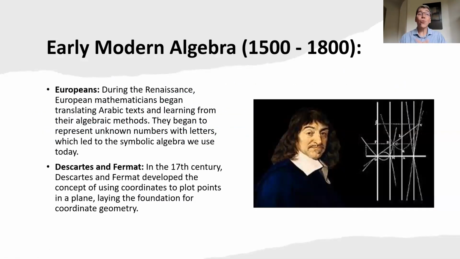So now we get to the early modern algebra. This is an interesting thing. This is the 1500s to the 1800s period. And what happened is the following. You have a couple of very important shifts in geopolitics. One is Marco Polo came back from China and brought a lot of the things that the Chinese had discovered and done to Europe.